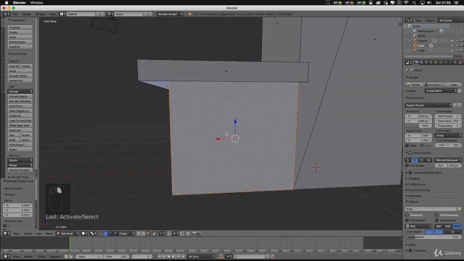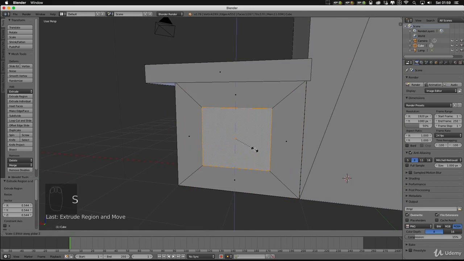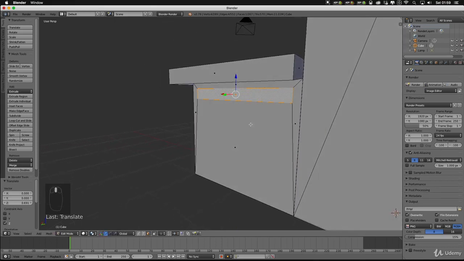I'm going to do the same thing on this side. So select that face, E to extrude, S to scale, bring it down, scale it on the Z, and then scale it on the X, a bit too far, and then just move it up, and E to extrude, and push it in.